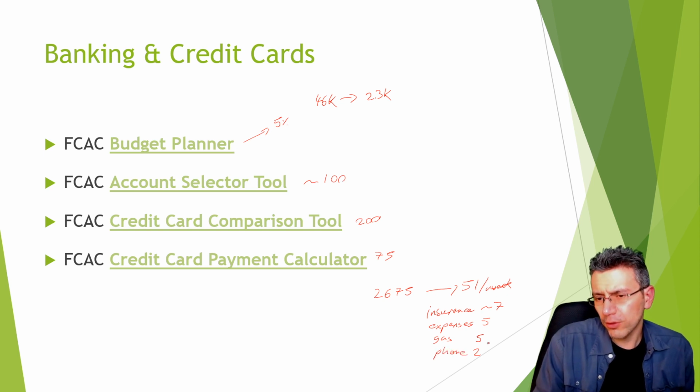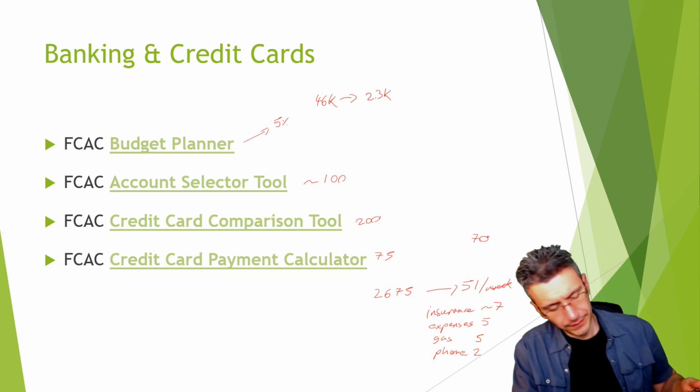Okay. Now you add all of these up, right? So that's 61 plus 9. That's $70. Okay, $70 per week. Now,